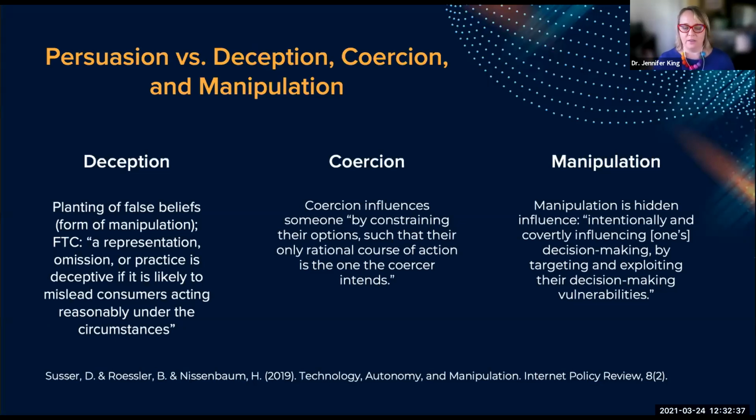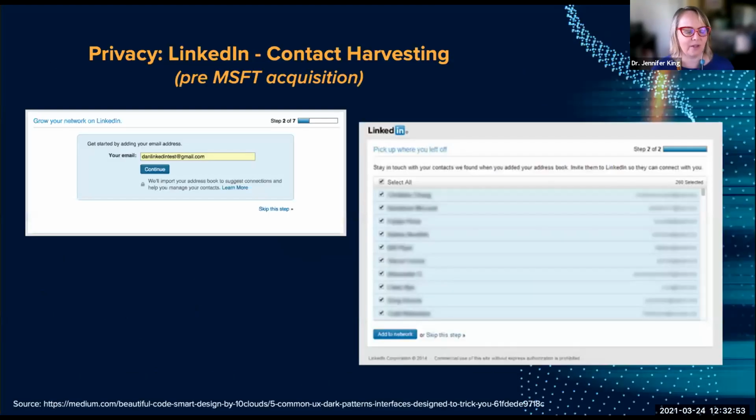And so one of the things we'll talk about at the end here is how to measure dark patterns, how to evaluate them, and what to do about the gray areas. This is where I think coercion and manipulation need to be part of the discussion, but it doesn't mean that it'll necessarily be a simple thing to actually evaluate. Okay, so going through a few examples.